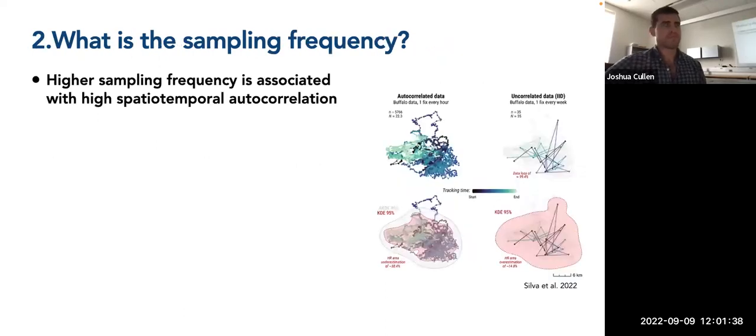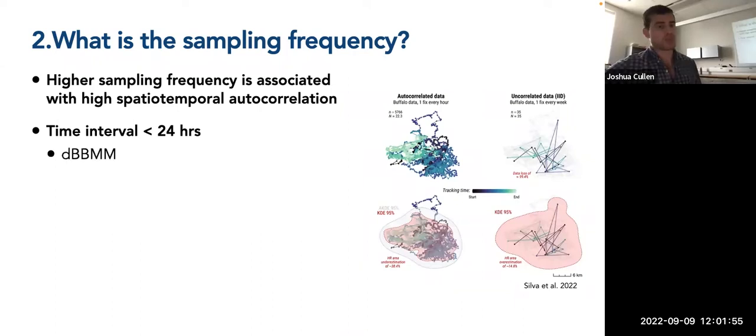Second, what's the sampling frequency? What's the time interval? Higher sampling frequencies are obviously associated with higher autocorrelation in your data. So if the time interval is less than 24 hours, which again, I would argue is essentially all modern telemetry data sets, whether they're satellite or acoustic, you need to somehow account for some form of temporal and spatial autocorrelation, which is somewhat implicitly done by the dynamic Brownian bridge movement model, when it's using this behavioral change point analysis